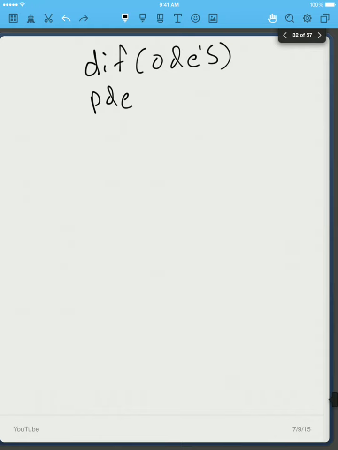So I want to talk about differential equations. I guess here I won't talk about PDEs, I'll just talk about ODEs. ODEs are ordinary differential equations, where, just for interest, I'll say that PDEs are partial differential equations. So what I'll say is that basically